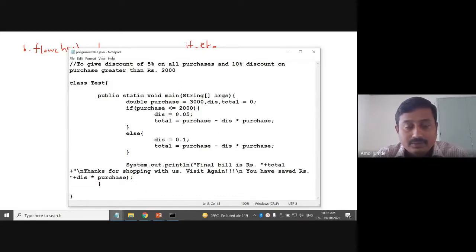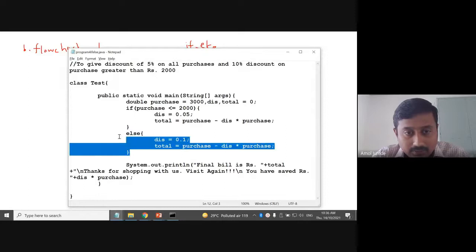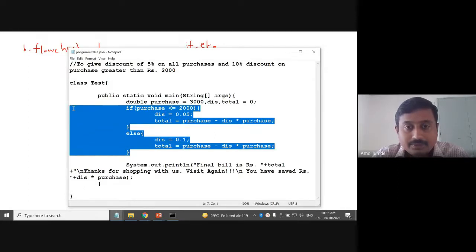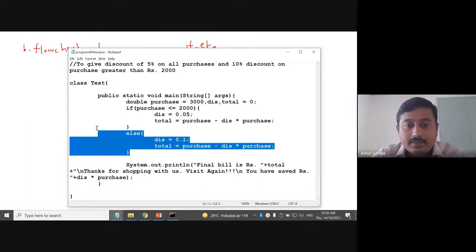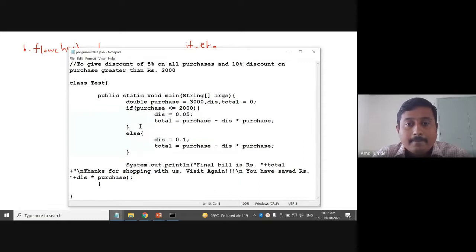There is no change. What is changing? Is this part different as compared to C language? This is same, right? What is changing? This part. Okay. This is different, right? The remaining part is same. Okay. So next is